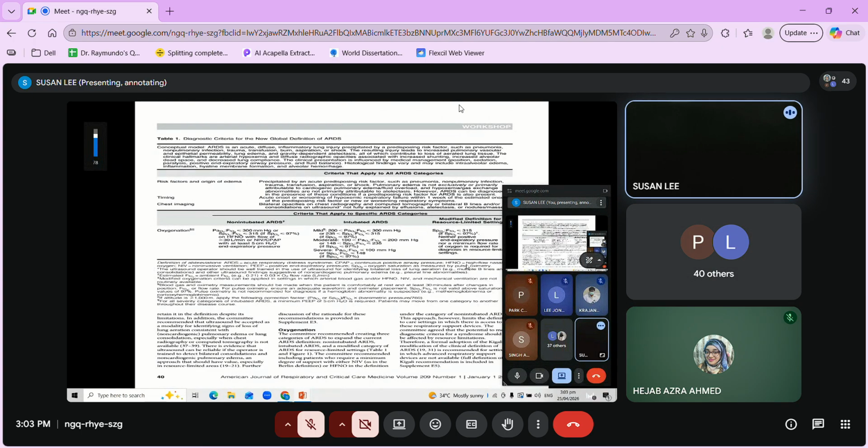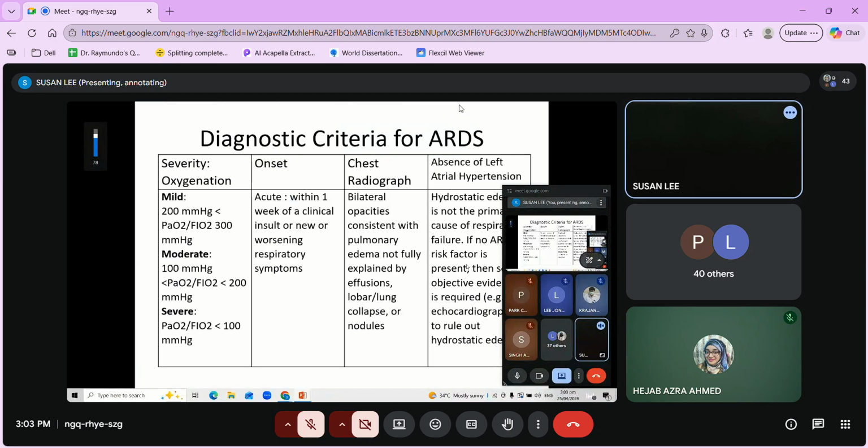Okay, now to diagnose ARDS, we need arterial blood gas. Okay, and of course, sometimes we even have to measure the pulmonary capillary wedge pressure, and this would entail that the area that we are practicing in is